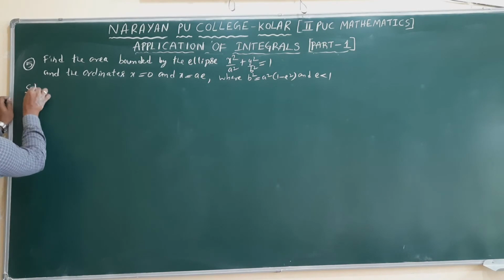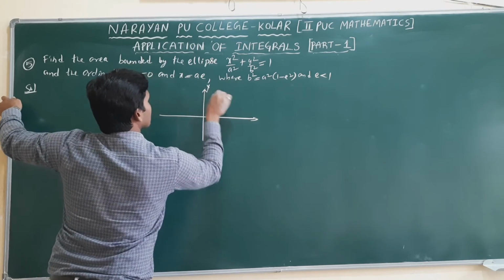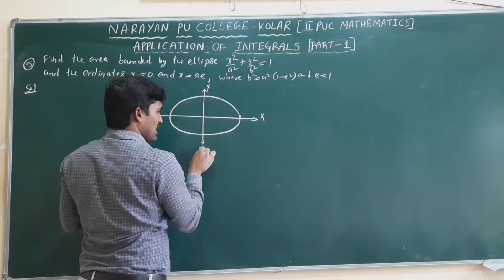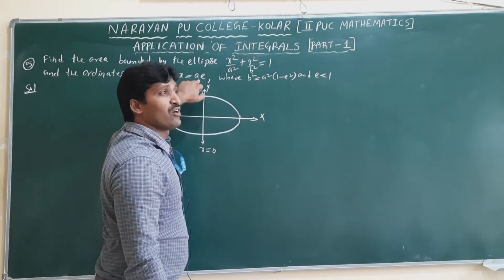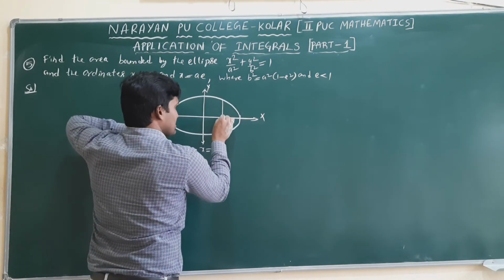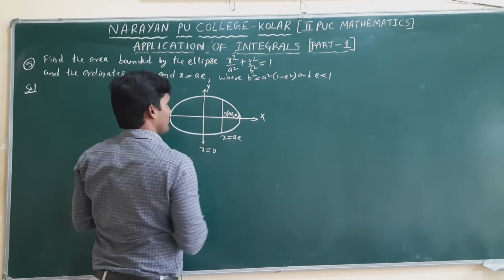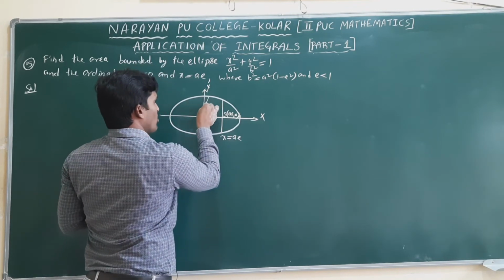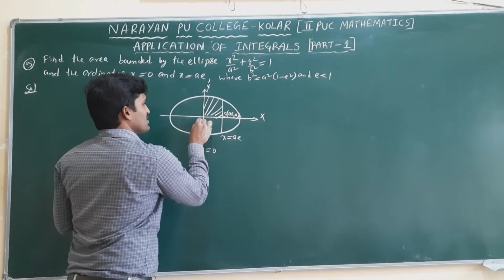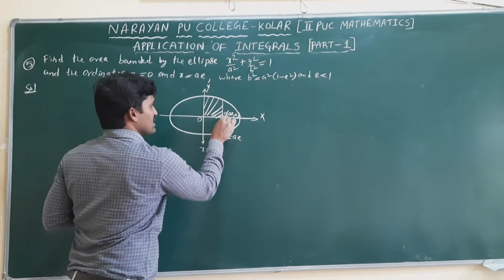Okay, the ellipse is given, the ordinates are also given. This is the structure of the diagram. This is clearly x equal to 0. The foci of this are AE comma 0 and minus AE comma 0. Another one given is the focus S, which is AE comma 0. This is x equal to AE. Here we need to find both parts, the above part and the below part. I will find one part and make it double. This is the origin, the center. From 0 to AE, I will find the above part and double it to find the total area.